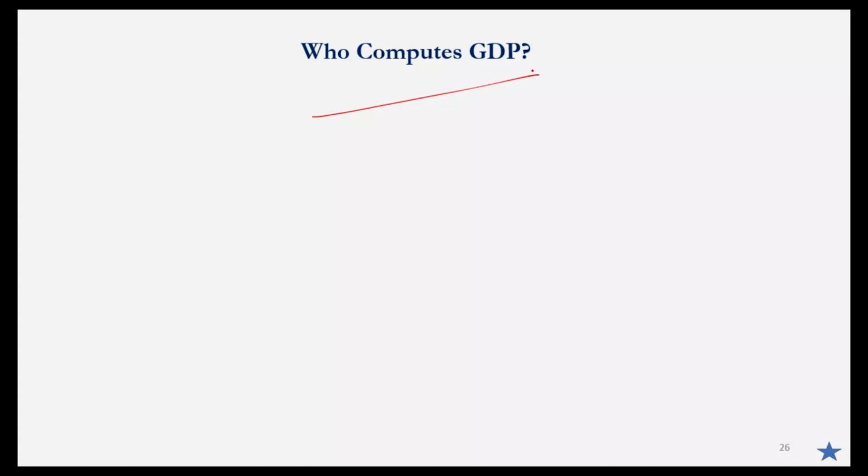Finally, what I leave to you as an exercise is, who computes all these measures of income, GDP, GNP. I am giving you a clue. Please go through the Ministry of Statistics and Programme Implementation and find out what NSO stands for. What does this ministry do and what is the NSO? That helps in understanding who computes GDP. I am leaving this clue for you.